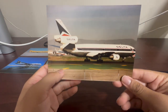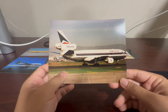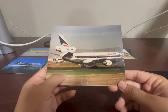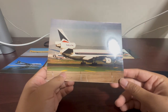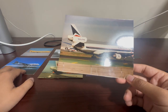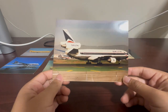The widget livery looks very nice on this aircraft, but we do have a Delta Airlines Douglas DC-10. Now, Delta with the DC-10s had a really interesting history, as these were actually acquired before they had the L1011 because they were concerned about Rolls-Royce since they were at the verge of bankruptcy at that time. So I think it has to do with the troubles with the Rolls-Royce engines. So Delta acquired these DC-10s before the situation got handled. Luckily, the situation was handled for Rolls-Royce and Delta acquired the L1011, but that's not the end of the DC-10s with Delta, as they also acquired these when they merged with